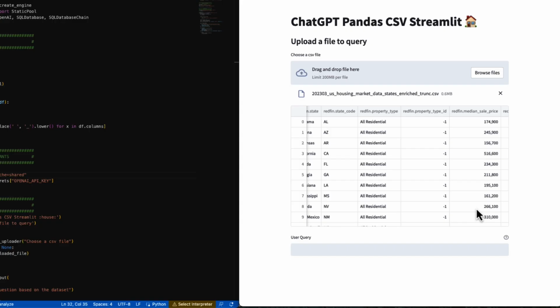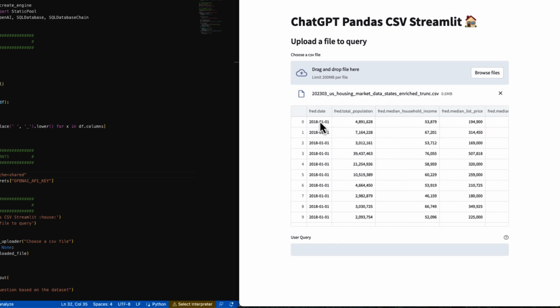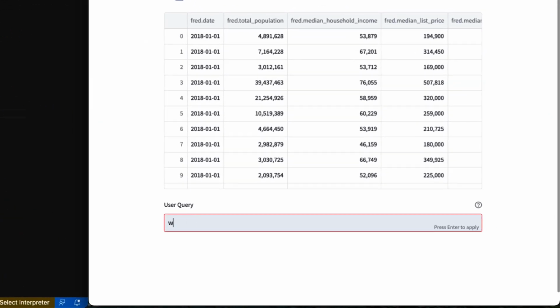Let's start by asking ChatGPT a fairly simple question. We have information by state. We could see here the first row being Alabama. And since I have it sorted by date, we have the first state, which is 2018. Let's say we want to ask ChatGPT, what is the total population for Alabama in January 2018? We can ask here, what is the total population in Alabama